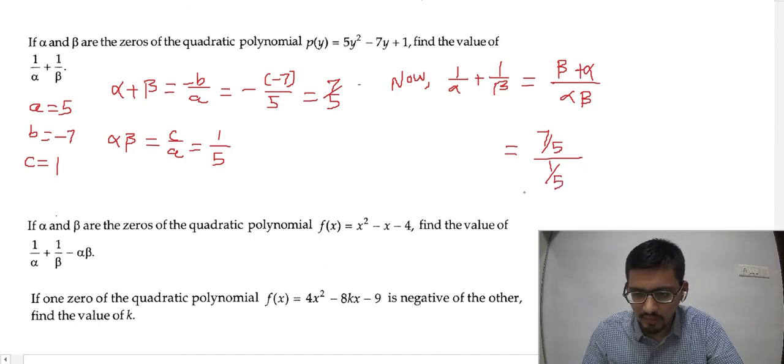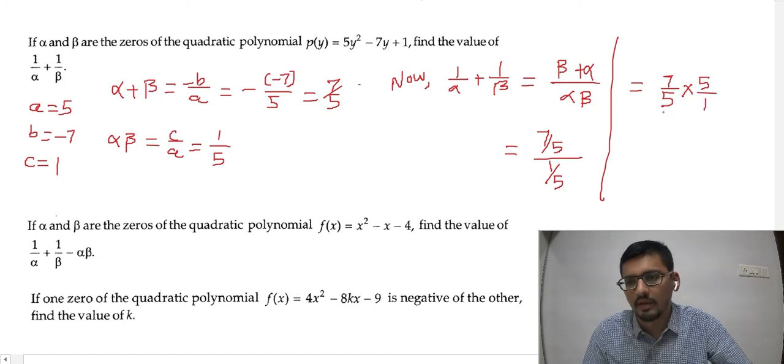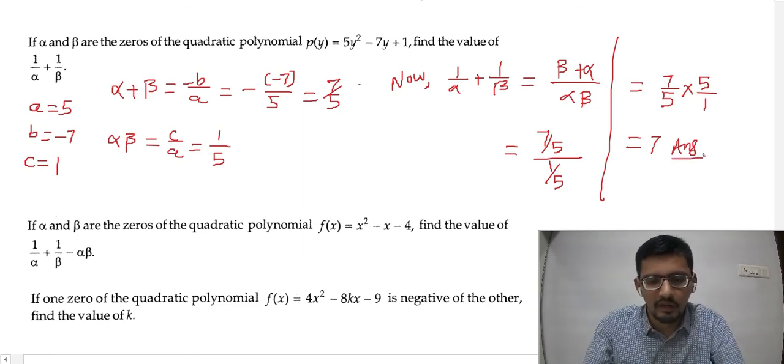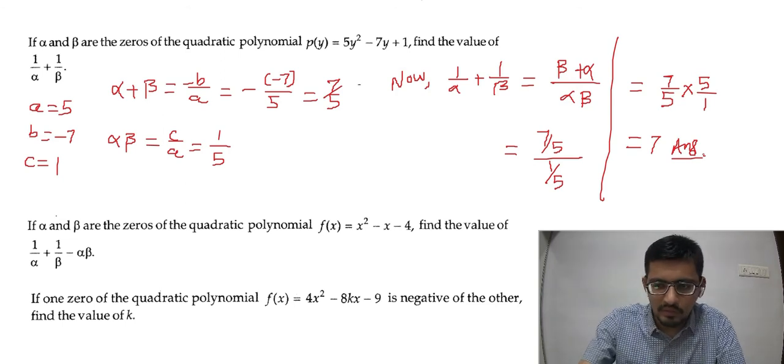See, in mathematics whenever you come across this kind of expression, the numerator is one rational number and the denominator is another rational number. This expression is very simple, but if a complicated expression comes, you follow this simple strategy. You write the numerator as it is, and multiply by the reciprocal of the denominator. 1 over 5 will become 5 over 1. So now 5 tata bye bye. What answer will I get here? 7. So your required answer, 1 upon alpha plus 1 upon beta, is 7. I hope this is clear.